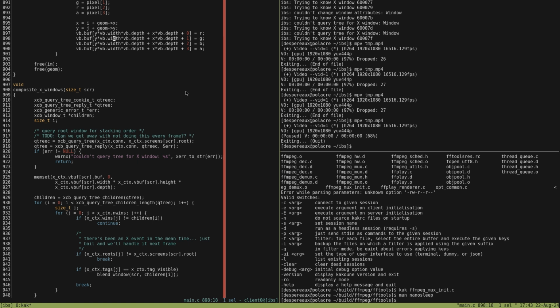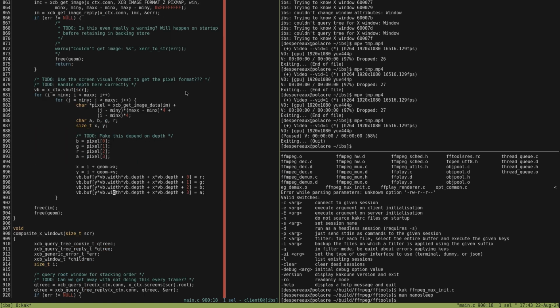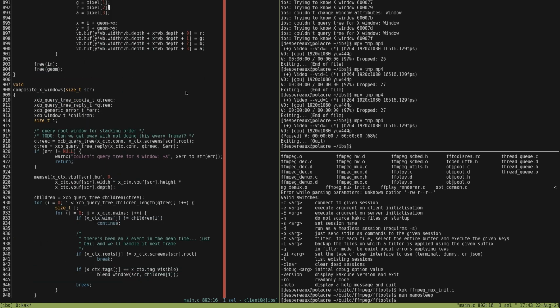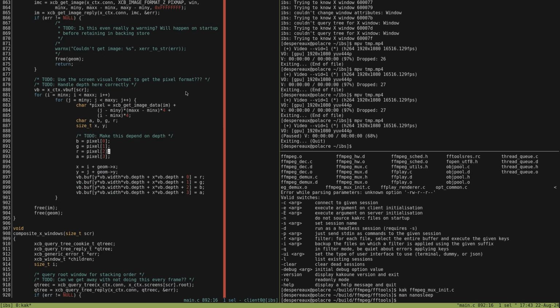I'm also tempted to drop the alpha channel, but I think we need it for blending of windows, because we need to blend the alphas. It's actually going to be a good question of how to... it might not be too bad.